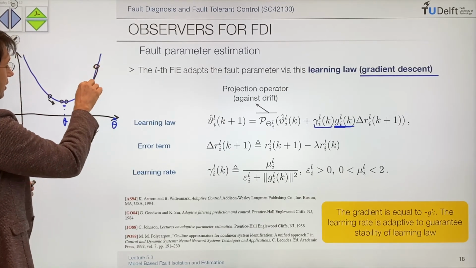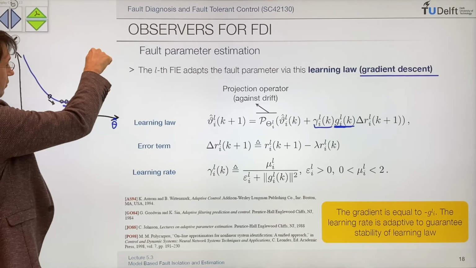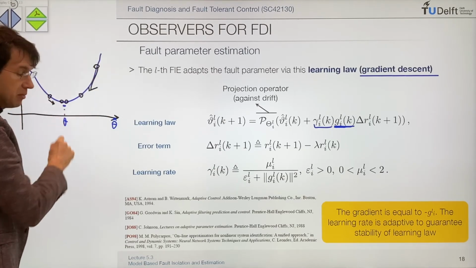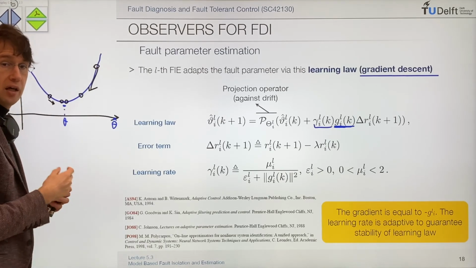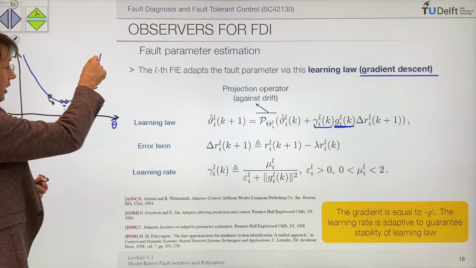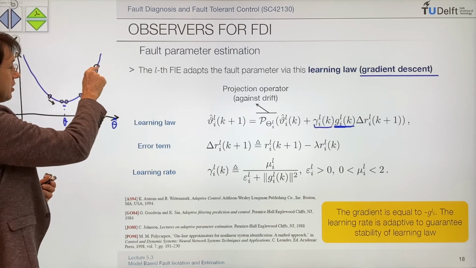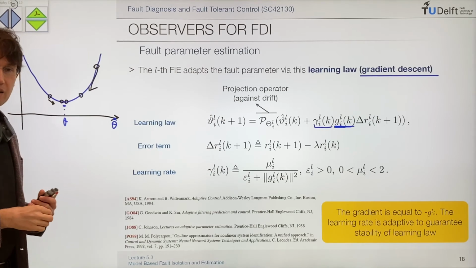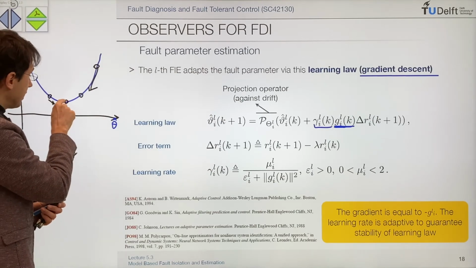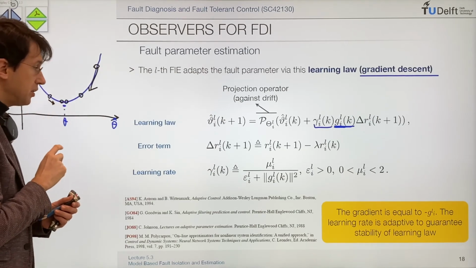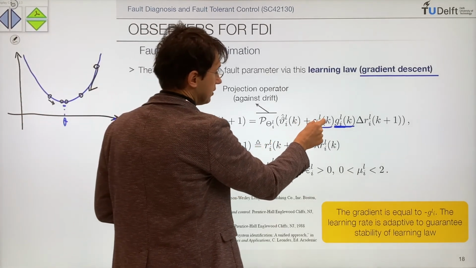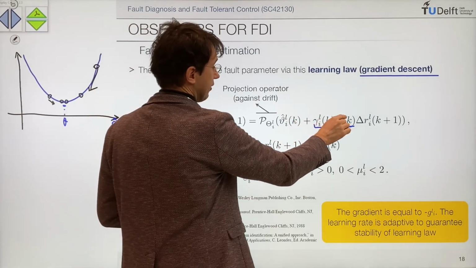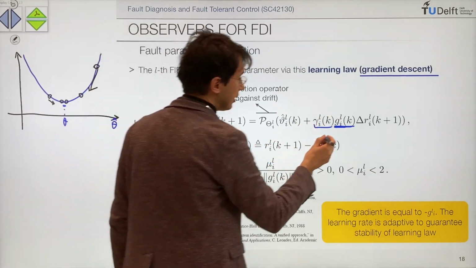Because if I take steps that are too big, I will go from here to here, and I will oscillate around this minimum but will not converge. In order to converge, I need to take steps that are large at the beginning, but small when I'm close to here, and eventually they become 0, and then I stay here. So the way to do that is to have this term, the learning rate, multiplying the gradient. And also we have this other term here,